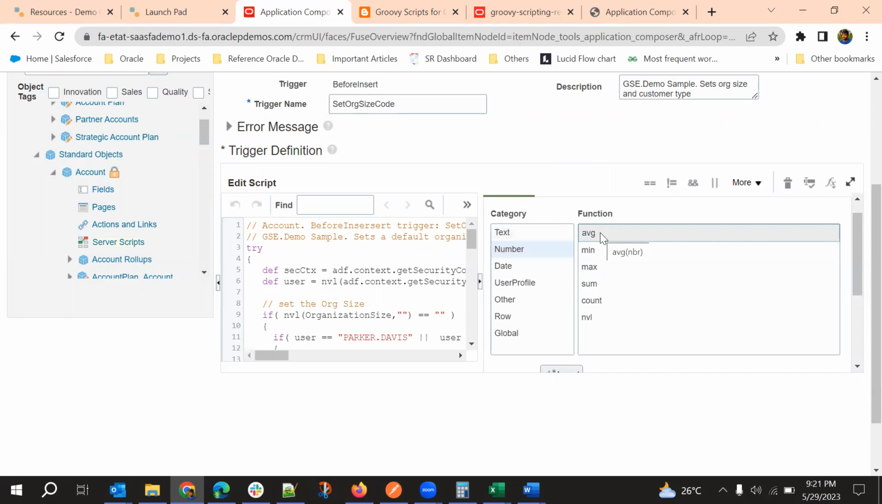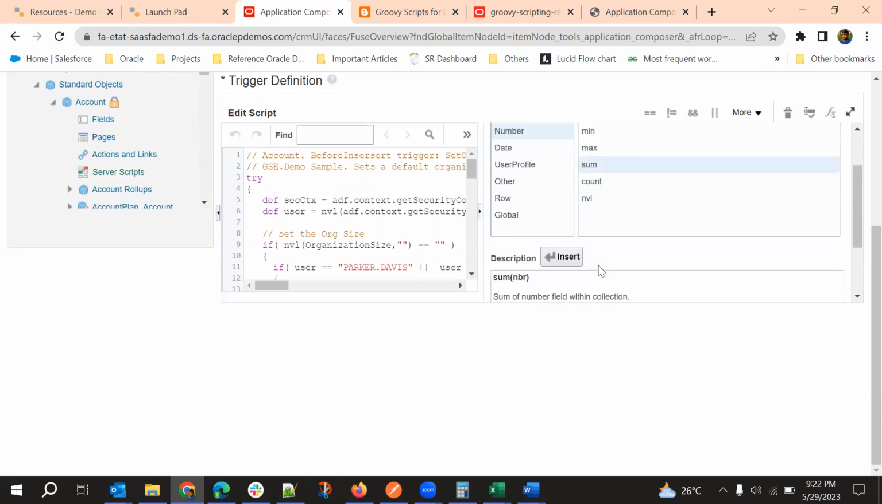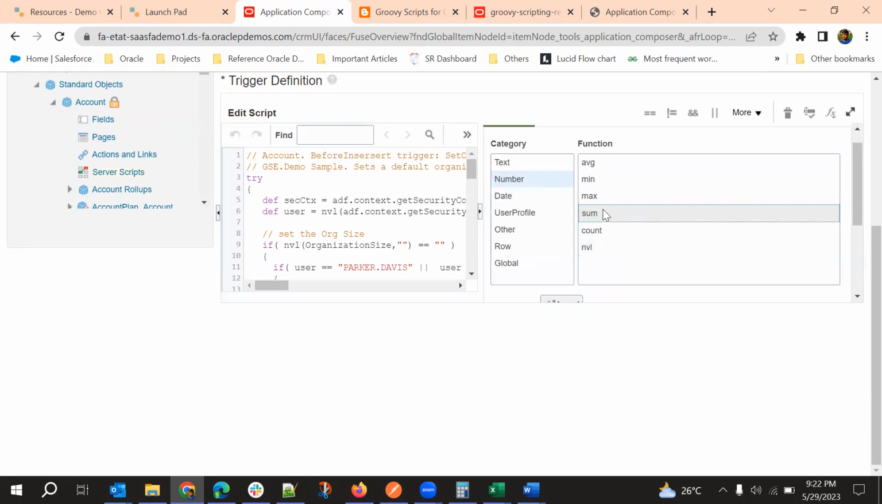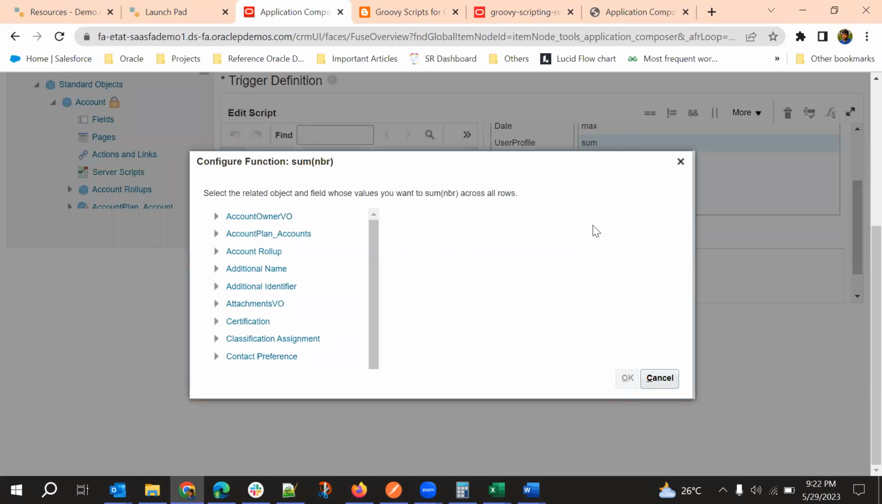So if you want to find out the total amount in the revenue lines, we can use sum or max or min, whatever values. So if you want to take some child object sum, right? This is the way you use it. So we need to select the function first, and then insert,